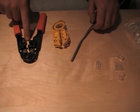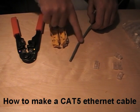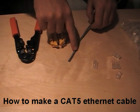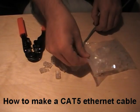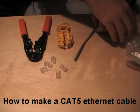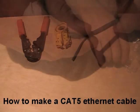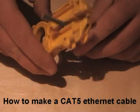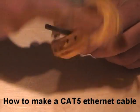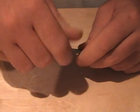We have a crimp tool, a wire stripper, my Ethernet cable, CAT5, and I've got a bag here of RJ45 cable plugs. Going to take the stripper and take off about 1.5 inches, couple of inches of the sheathing